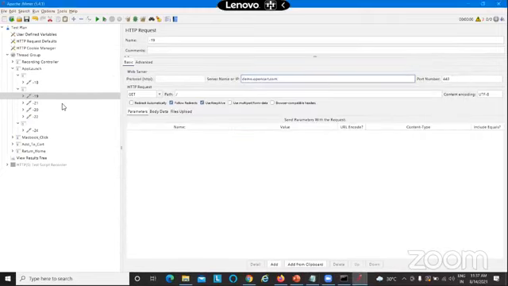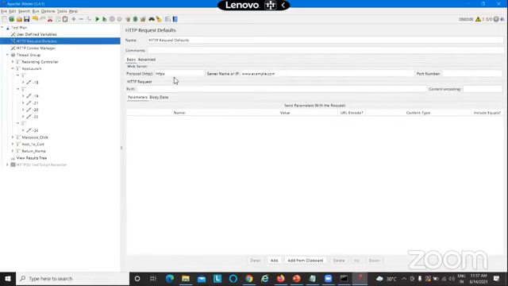Similarly, JMeter also splits a URL like that. So the protocol will be coming here. Don't be surprised that this is not here, because we have a request default, where we can define the protocol. So all the requests will be using this protocol.